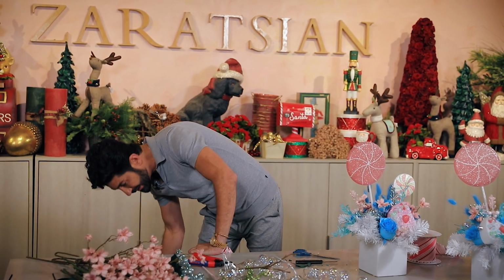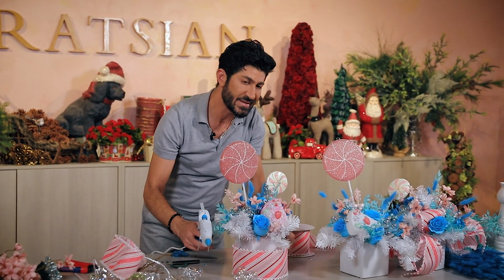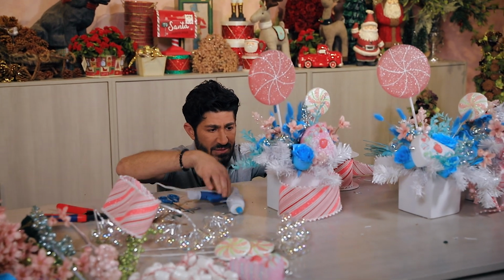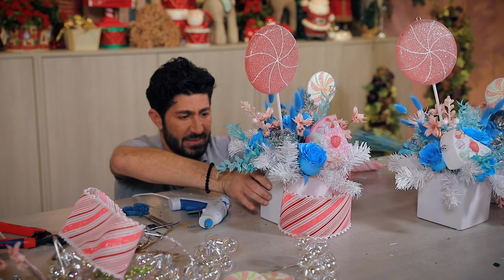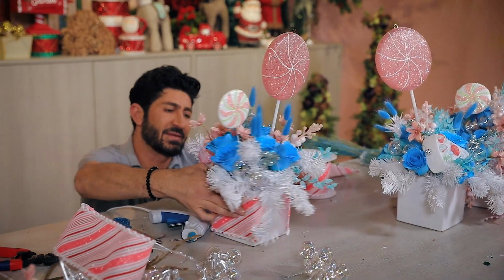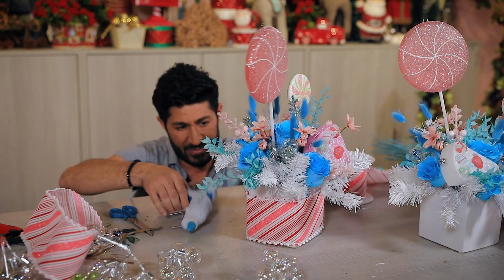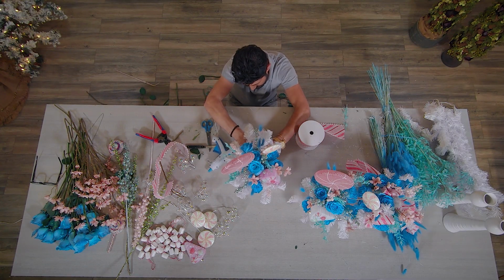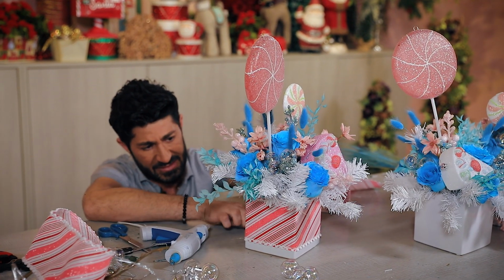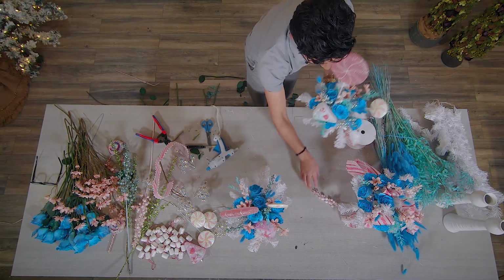I have my glue gun on, and I cut this, so I'm gonna take whatever the front is, I'm gonna take the nice side. I don't want the crease to show, so I'm gonna take the hot glue, be very careful, glue the back, like this. I'm gonna show it to you, look at that. And then I'm gonna take the extra piece, really tighten it up, and glue the other piece to it. Just hold on to it for a couple of seconds. I'm not gonna do that for the other one because I already did the...